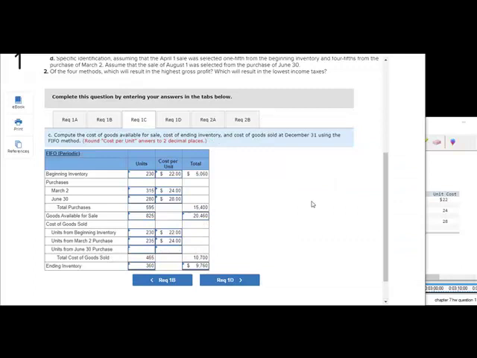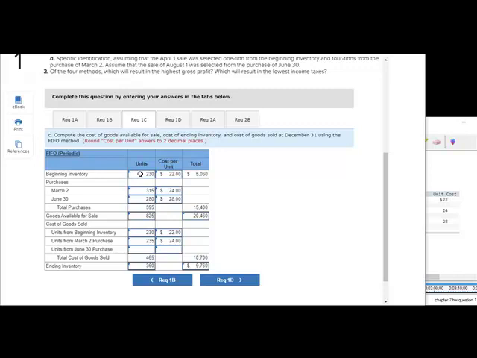Now in requirement 1C, we're asked to use FIFO. That stands for first in, first out. Again, this top half is exactly the same as in the previous two problems, but now we're assuming we're selling the first goods first. So the first goods we bought are going to get sold first. And the very first goods are those that we bought last period that are still sitting in our beginning inventory